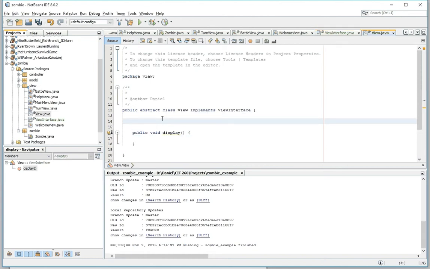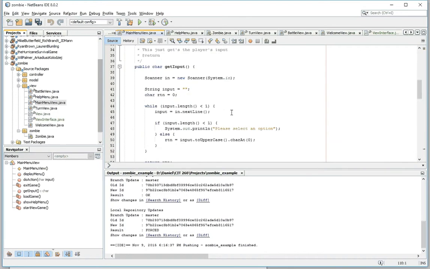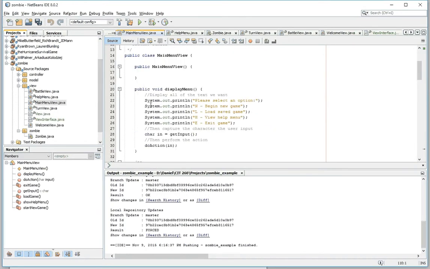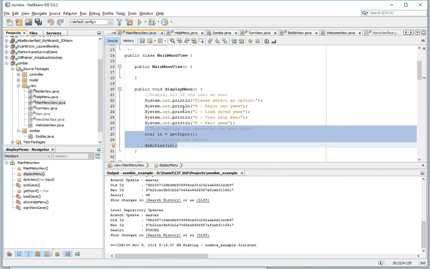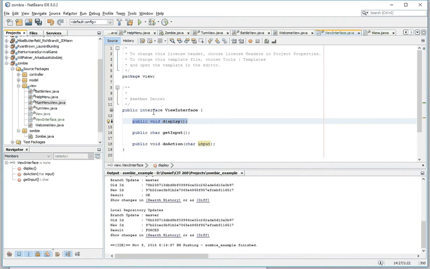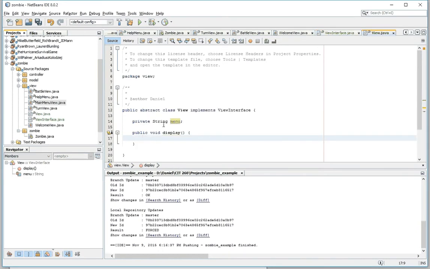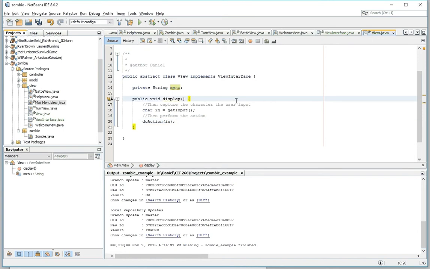I am going to create a private string, the menu that's actually going to be displayed. And then I'm going to go to one of my views that I've implemented, and I'm going to just copy part of this display menu. I implemented this differently than I needed to, so I'm not going to copy parts of it, and I'll explain why in a second. So what I'm going to do is just paste that,